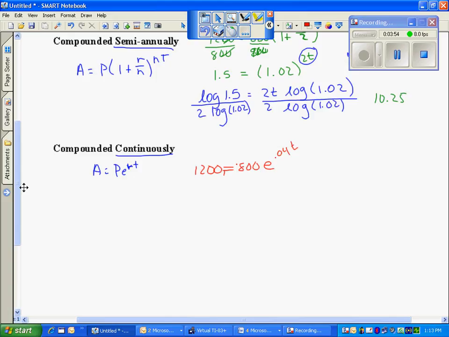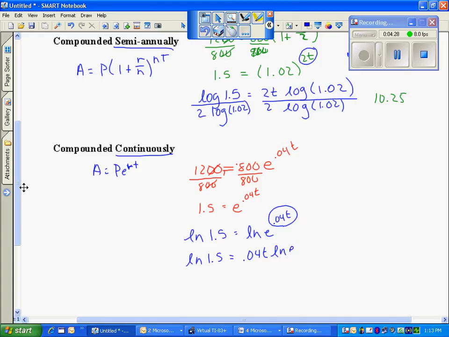Once again, I'm going to divide by that 800, reduce, and now I'm stuck with this unknown exponent. So in this case, because of the base e, I'm going to use a natural log. So the natural log of each side, using the log properties, tells me that this is multiplied by the natural log of e. Now the natural log of e is asking, what is the exponent on e such that I get e? So this value is just equal to a 1. So now I only need to divide by this